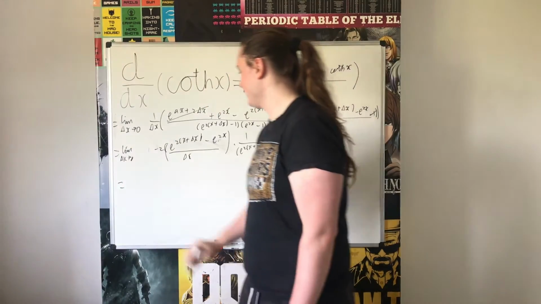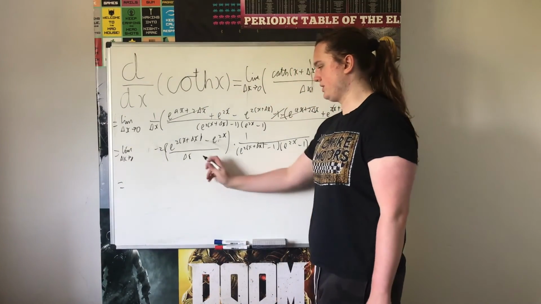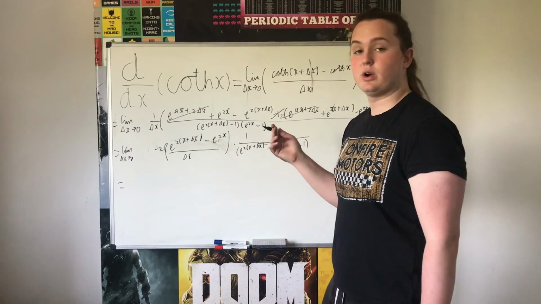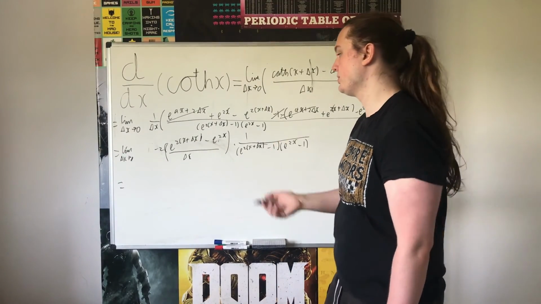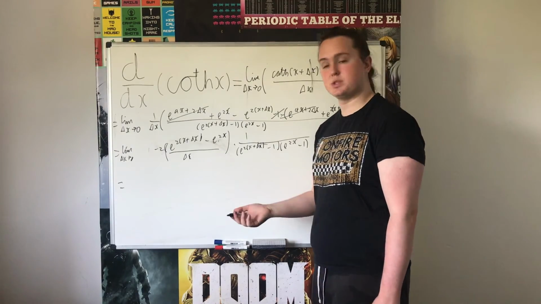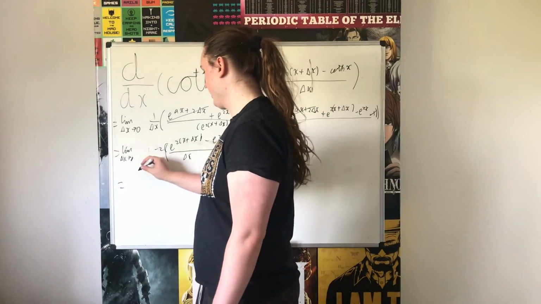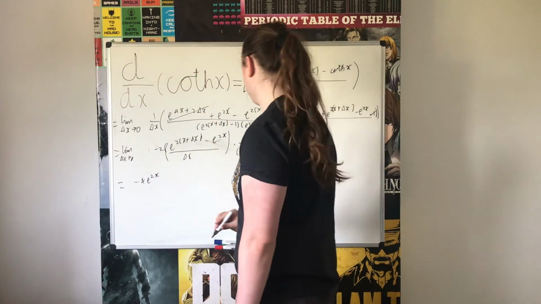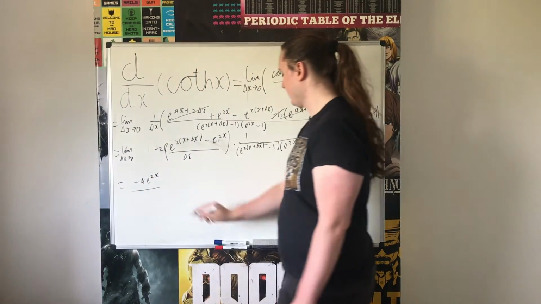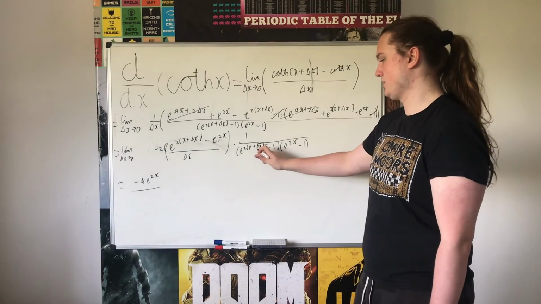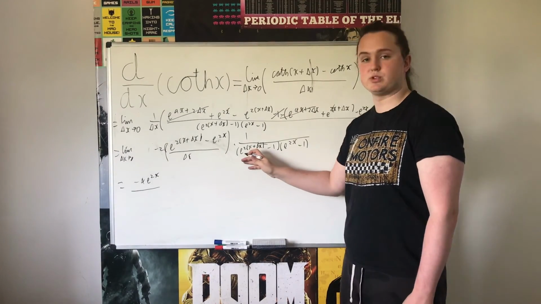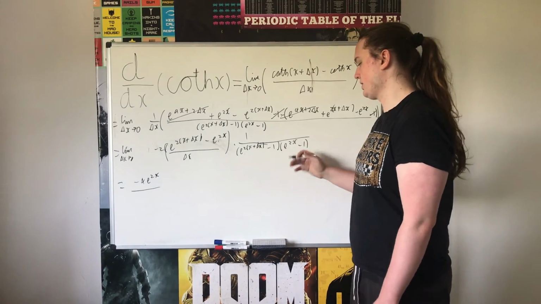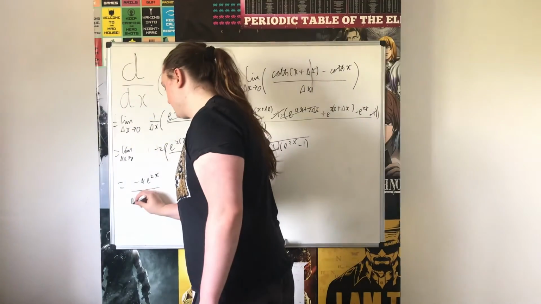Now we can evaluate this limit. So we know that this is just the derivative of e to the 2x from first principles, and we know using the chain rule that the derivative of e to the 2x is just 2e to the 2x. So if we have minus 2 times 2e to the 2x, we're going to get minus 4e to the 2x. And then this is going to be divided by, as delta x approaches 0, this will just approach e to the 2x minus 1. So (e to the 2x minus 1) times (e to the 2x minus 1),